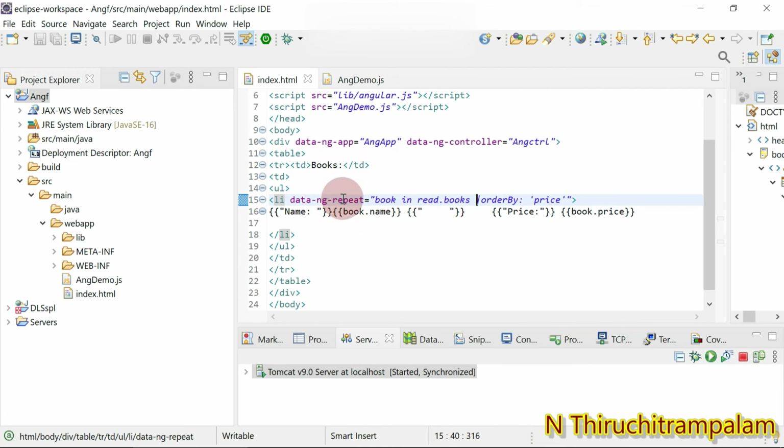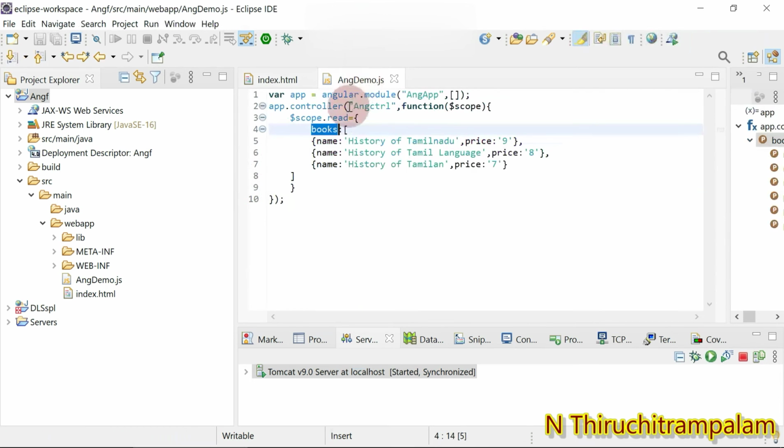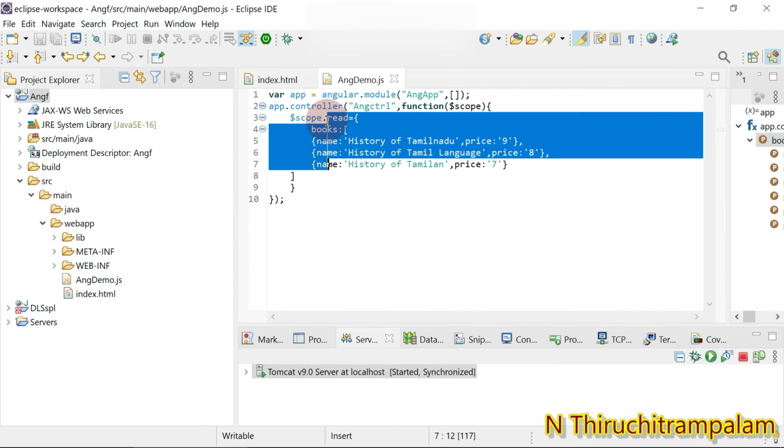Here in the ng-repeat directive, I have given this read dot books, right? So that refers to this whole array.